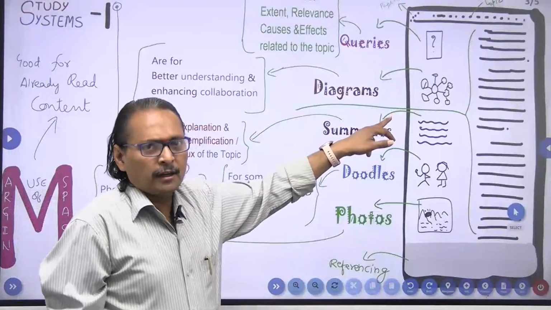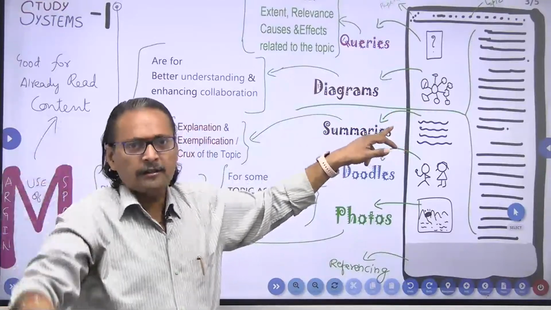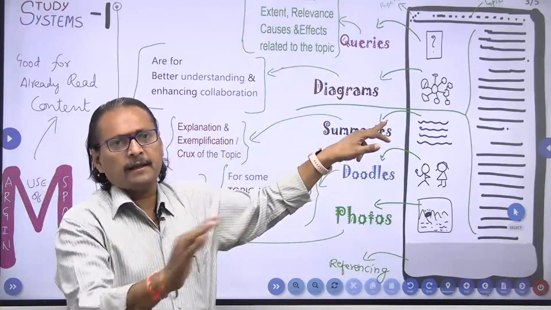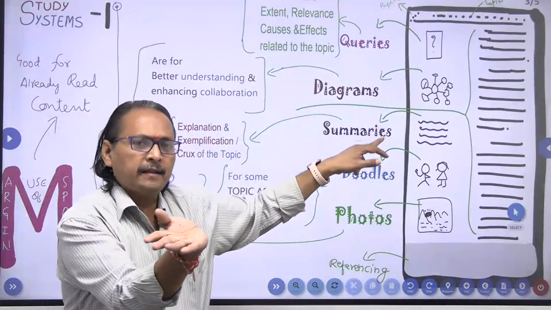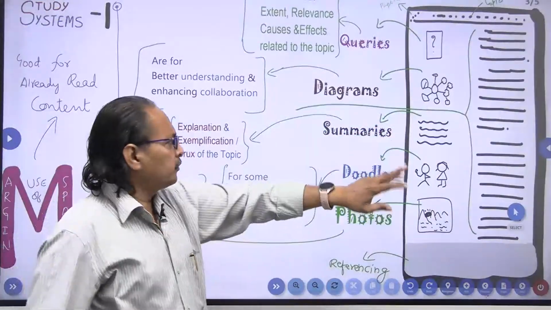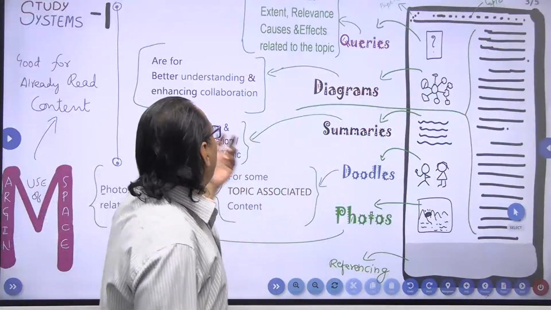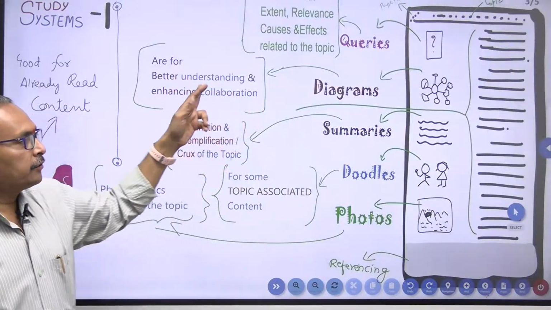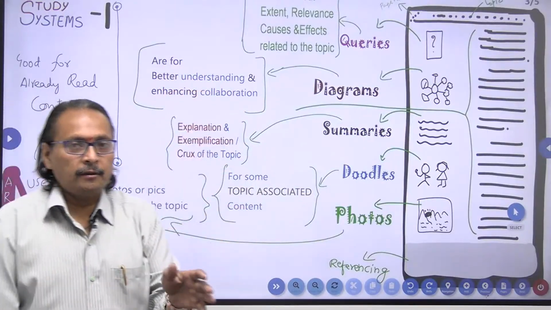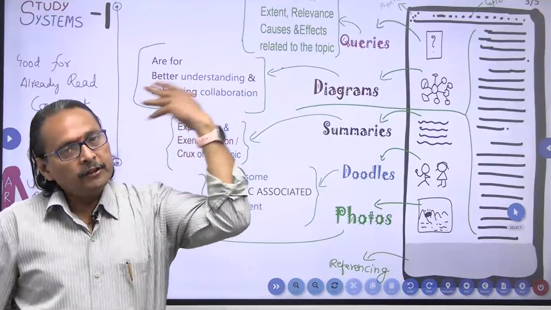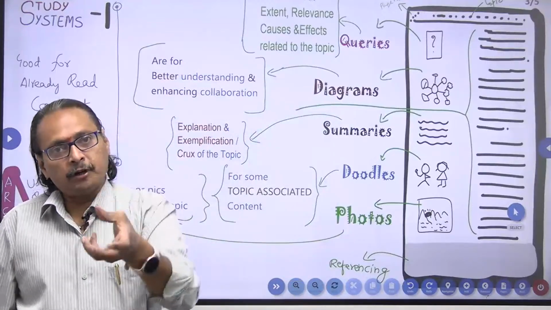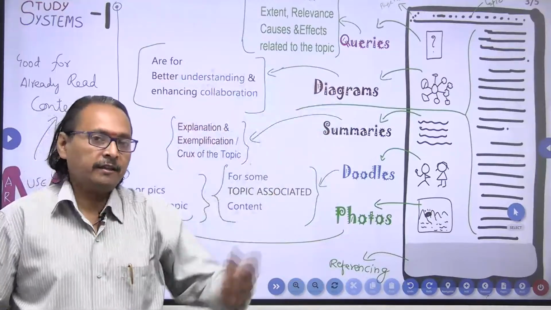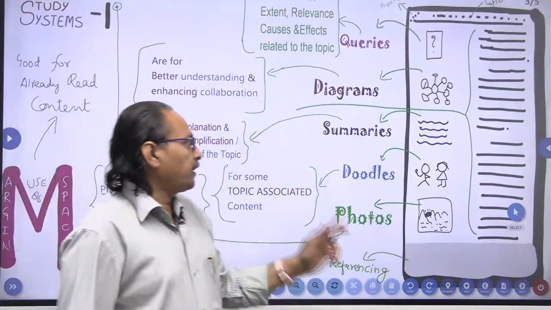Then you can also draw some particular diagrams which are not in that particular page. That is actually some 3-4 pages either on the previous side or afterwards. So that part you can draw 1 or 2 figures. They are for better understanding and enhancing collaborative work. So you are collaborating the present text with a particular diagram or with a particular organized chart which is actually in the previous pages. That you can actually do.